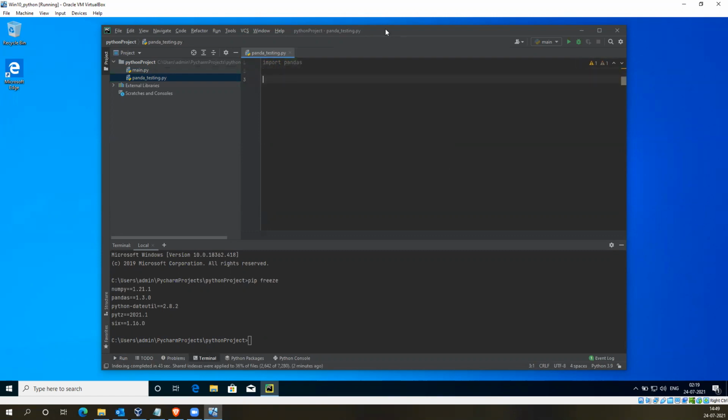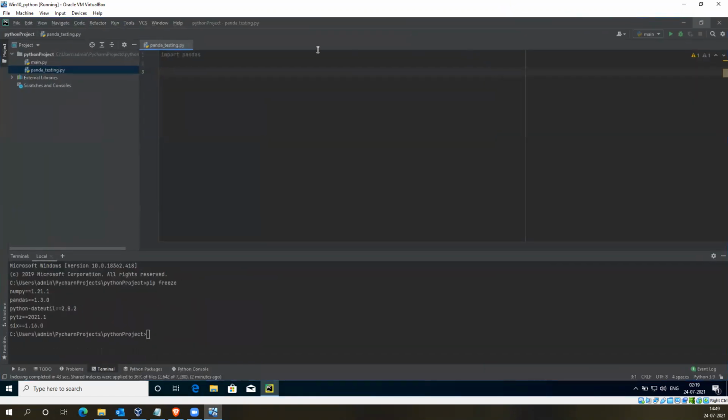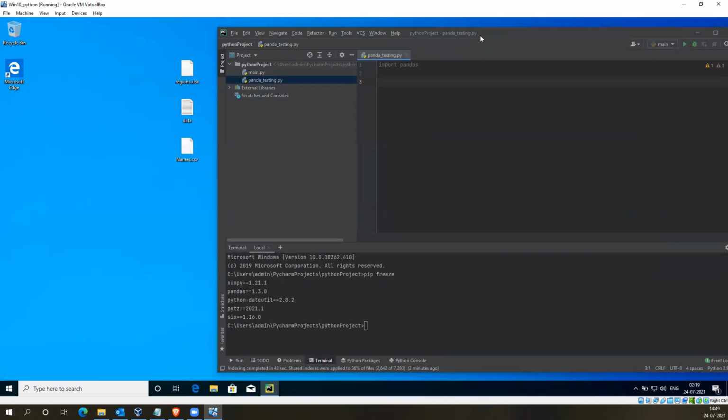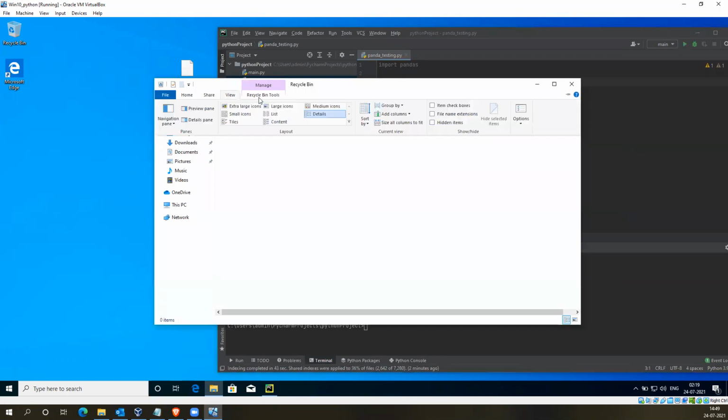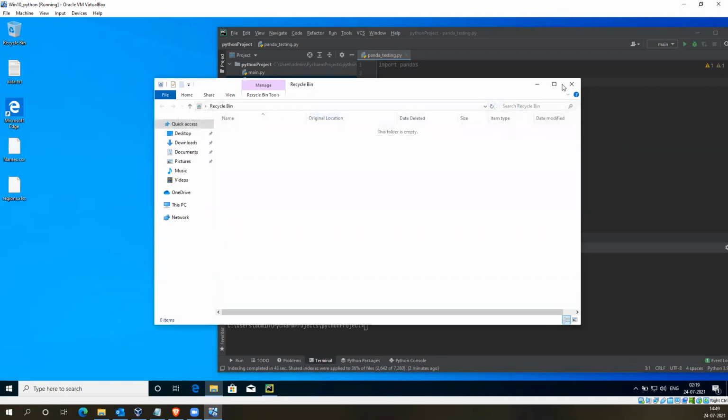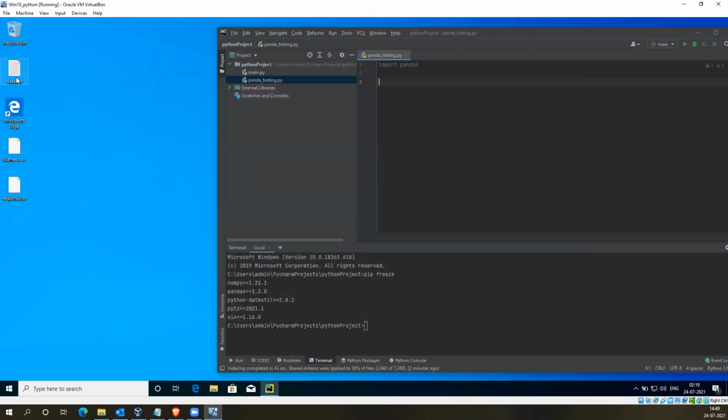What are the samples we have downloaded? We have copied an XLSX file and a text file, but extensions are not visible for unknown files, so we need to select the file name extensions option. Then the extension will be visible. I want to read this data text file. You can do that with the default Python file read function, but I want to show how to use the pandas version.